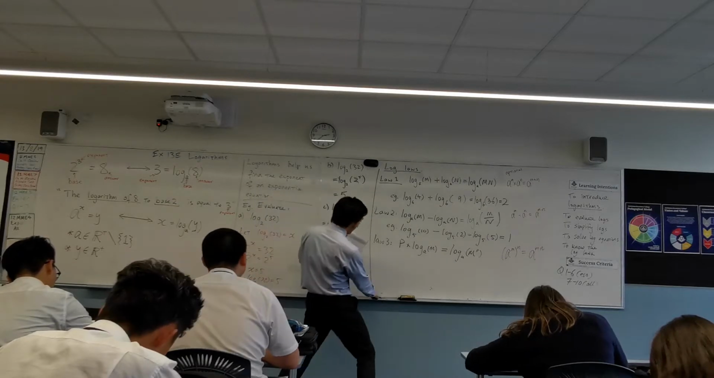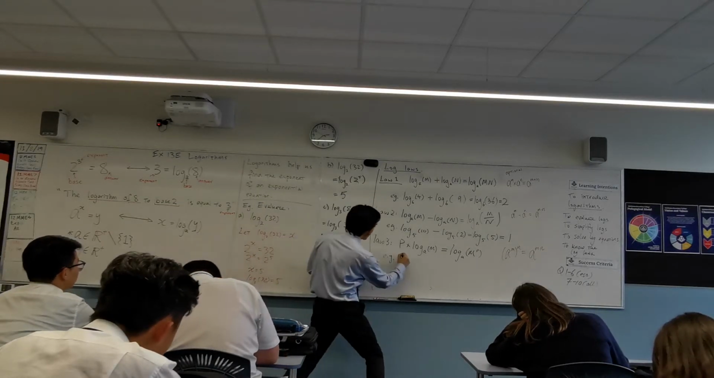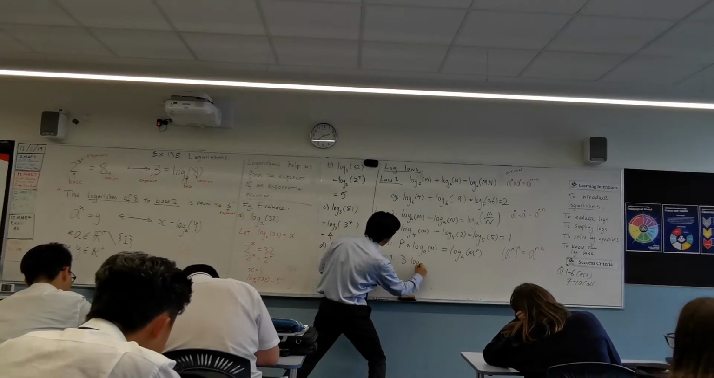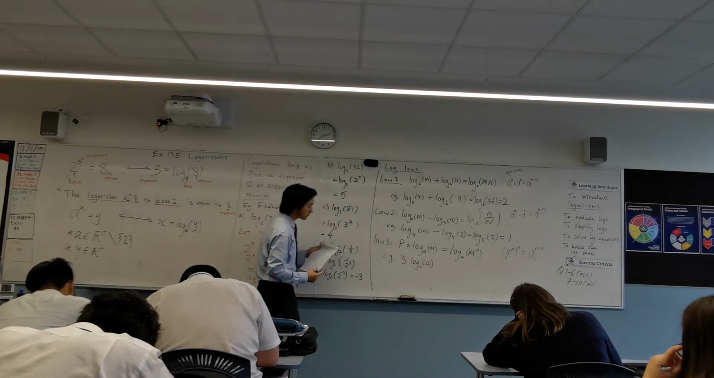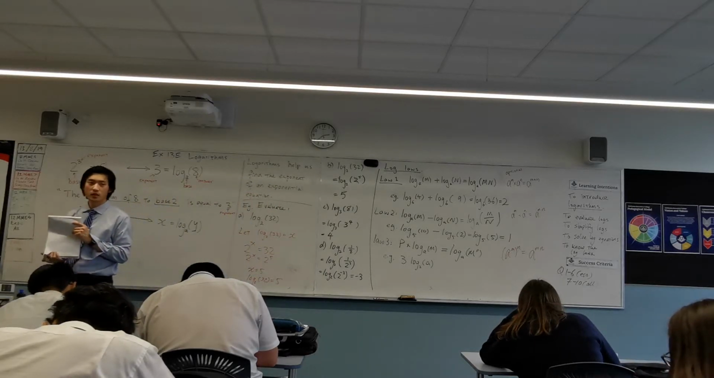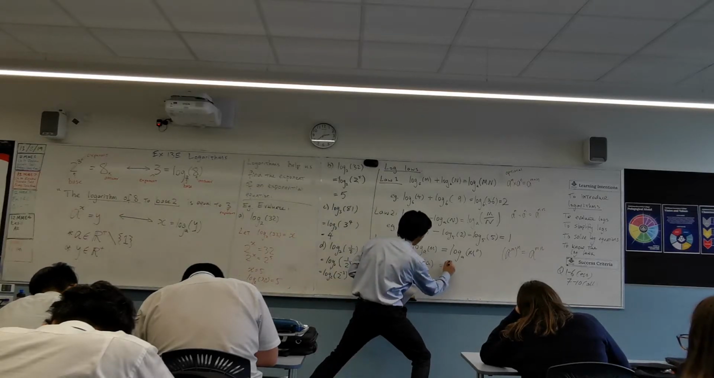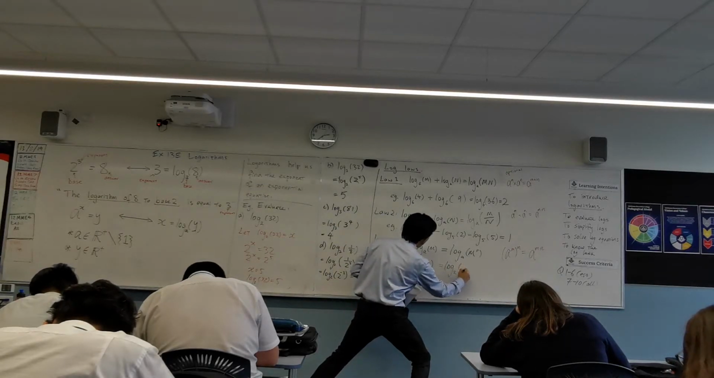Okay, now quick example, e.g. if we had 3 times log base 2 of a, then I can get rid of that 3 from the coefficient by moving that 3 inside the brackets. Log base 2 of